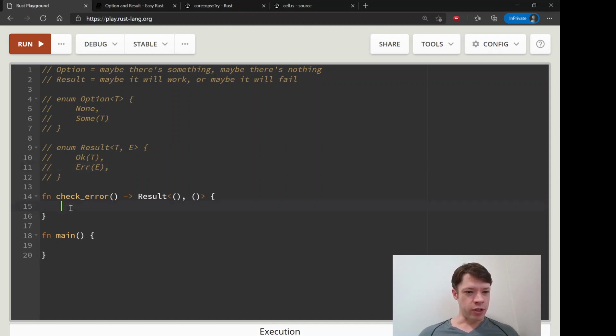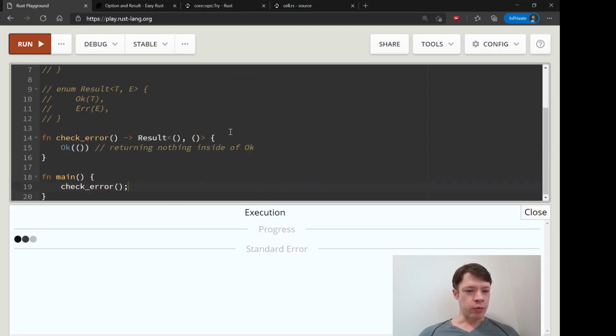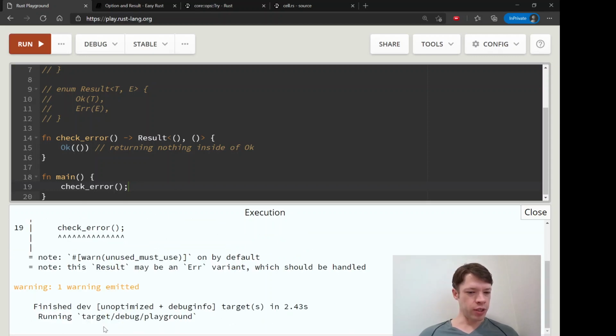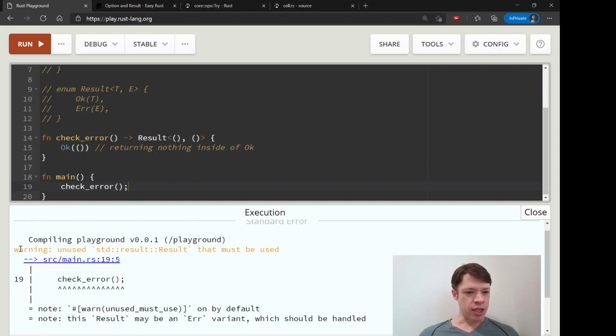And for this, let's just return an Ok. So we return an Ok, and inside the Ok is nothing. You might see this a lot, this double parentheses, and this means Ok, and inside the Ok is the empty tuple. So returning nothing inside of Ok. And then we go to main, and we just use our check error function, and let's see what we get. And it will work. It returned us nothing. It compiled, and it just gave us this warning,